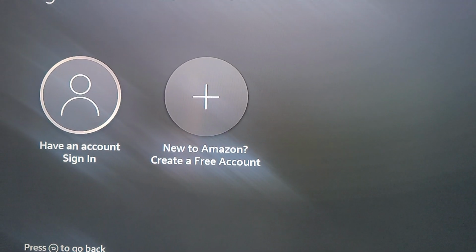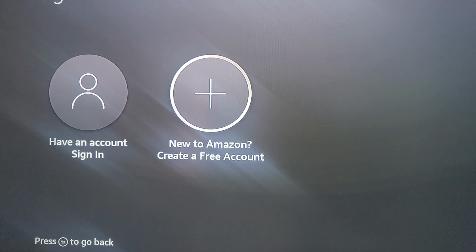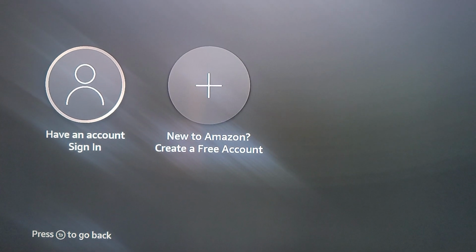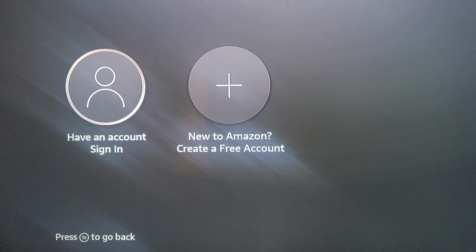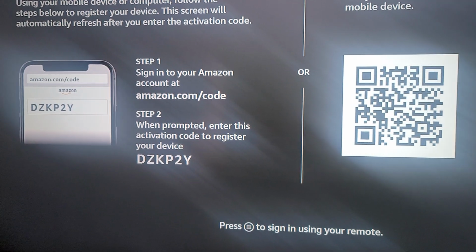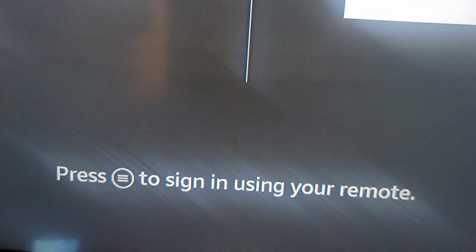Alright, so right here it says have an account, sign in. I mean, you can make a new one if you don't have one, or you can use a dummy one, but I suggest having your own. I already have an Amazon account, so I'm going to click have an account and I'm going to sign in. And from here they have 2 ways to do it. But right at the bottom, if you look carefully, it says press the 3 lines to sign in using your